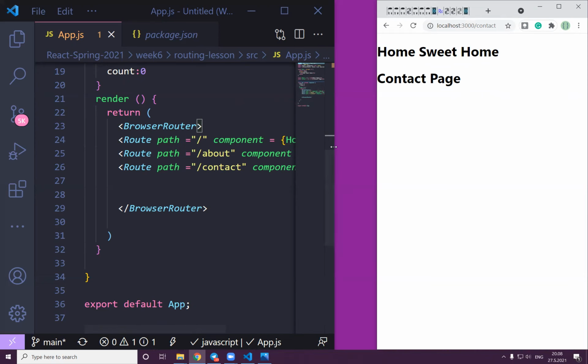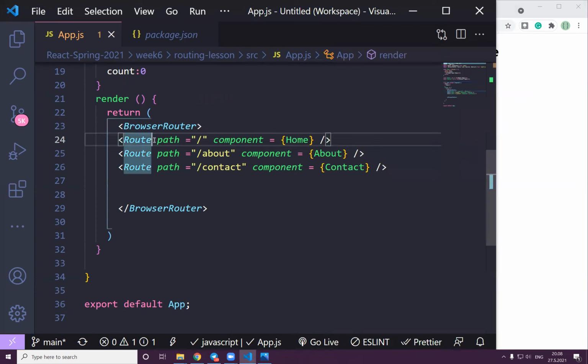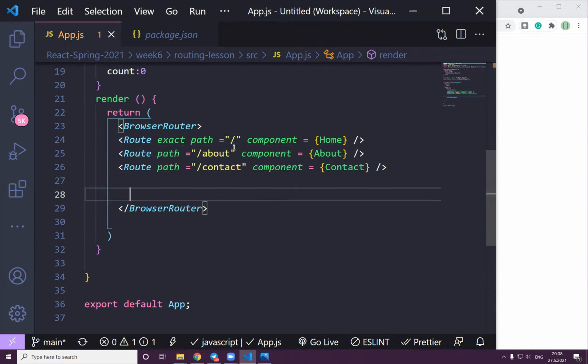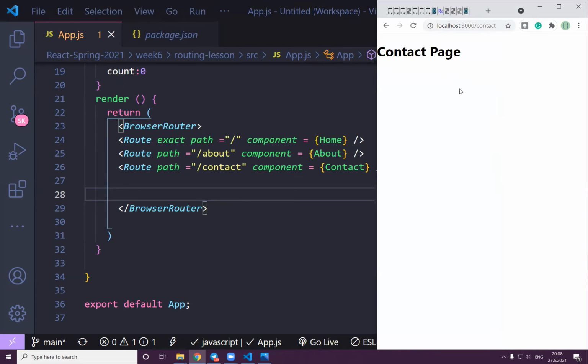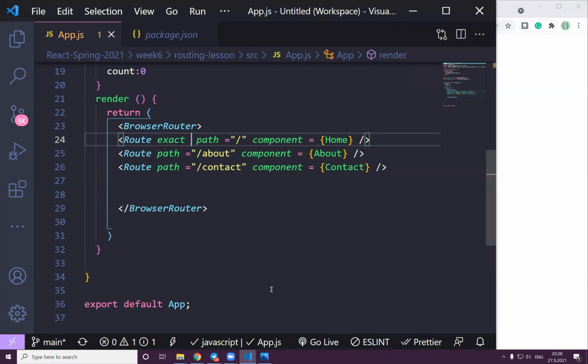Okay, so we may add actually here another attribute, exact. Exact means only a slash. If there is something after the slash, please don't render it. Now, as you can see, the home page is not tagging along anymore. How about if I add this additional slash? Still it works. So to avoid that, you can add strict. If you do that, then most probably,